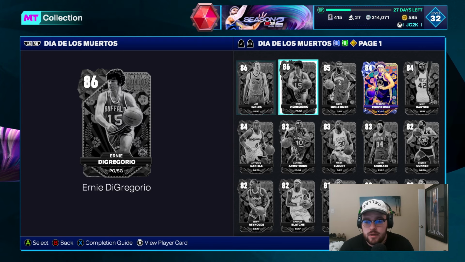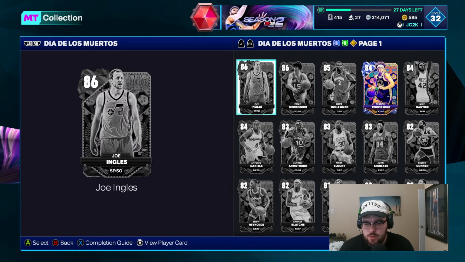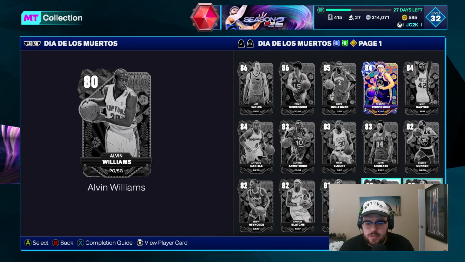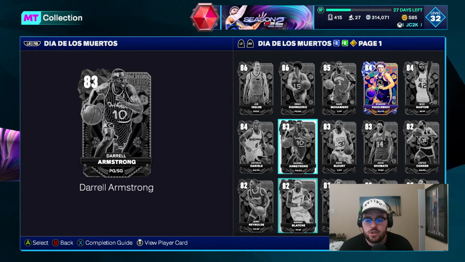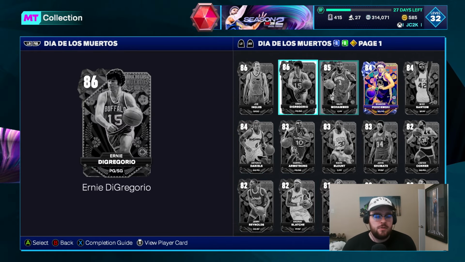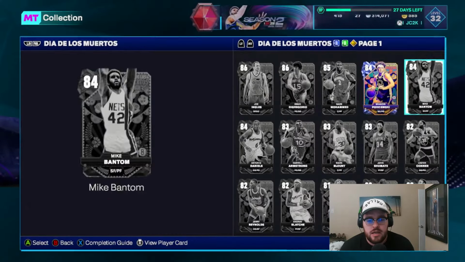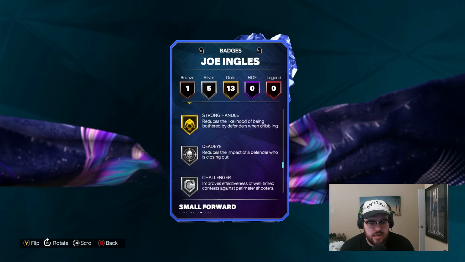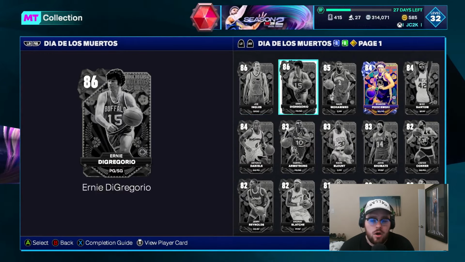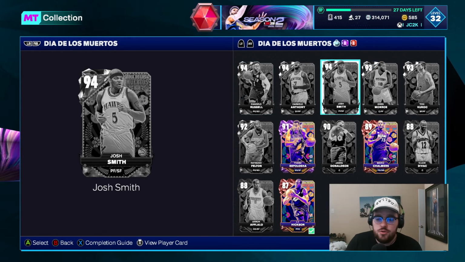I will point out real quickly, Sapphire Brandon Pajemski is really good. Sapphire Mike Bantam doesn't look bad. Joe Ingles looks okay. There's a couple of decent Emeralds, I think. Antonio Daniels looks decent as well. There's a couple of halfway decent cards in here, but nobody who really jumps off the page. I would say Pajemski's probably the best of these cards. Bantam's okay too if you can shoot with him. Joe Ingles looks all right. He's got a lot of badges, which is nice, and he's going to be okay defensively. Overall, there's a few decent salary cap type cards here, but I'm just not that concerned with ranking those cards. So we're just going to stick to the